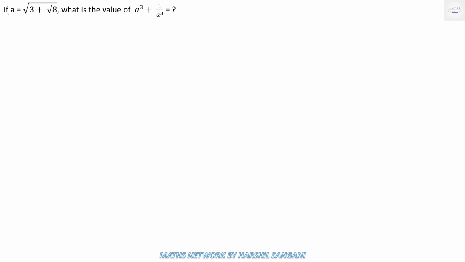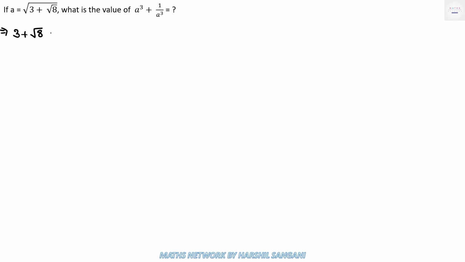Today we will be solving a nice question on radical equation, which is: if a equals root of 3 plus root 8, what is the value of a cube plus 1 upon a cube equal to? This sum looks very hard at starting, but actually it's easy to solve. Let's get started. First guys, we will be simplifying 3 plus root 8 because we will be needing its simplified